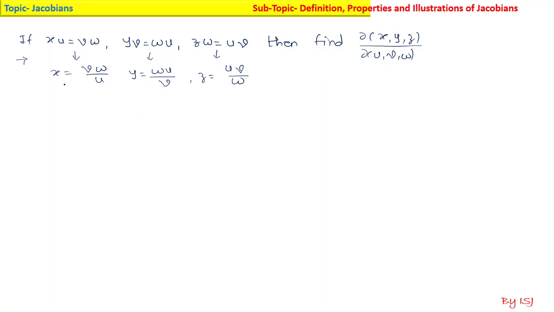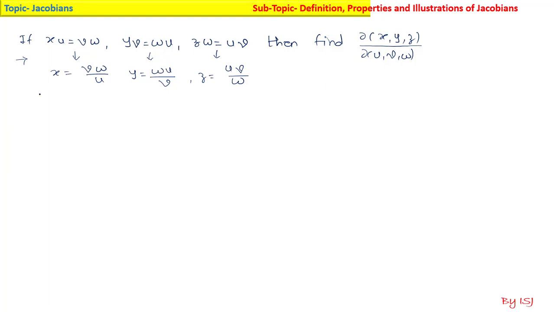So in fact we have X, Y and Z explicitly in terms of U, V and W, and that is the basic requirement. If you are finding the Jacobian by basic definition, then we must have the numerator variables X, Y and Z in terms of the denominator variables U, V and W, because we need to find the derivatives, delta X by delta U, delta X by delta V, and delta X by delta W. Similarly, delta Y by delta U, delta Y by delta V, delta Y by delta W, and last delta Z by delta U, delta Z by delta V, and delta Z by delta W.